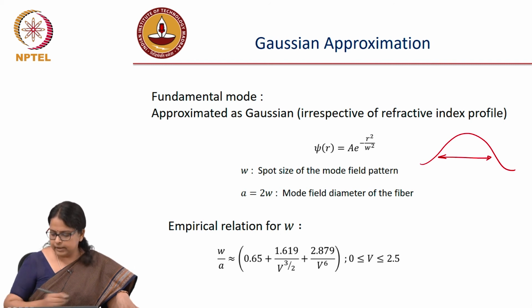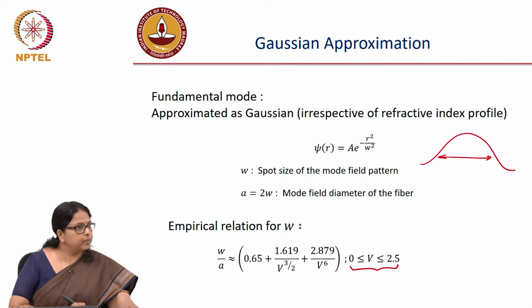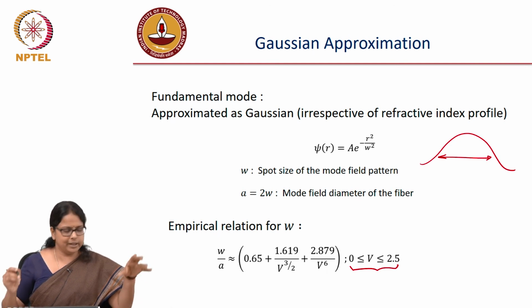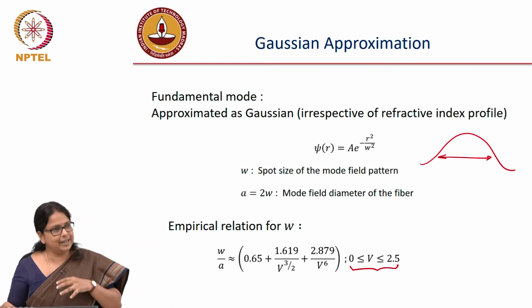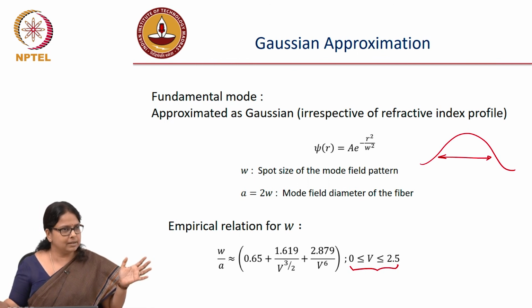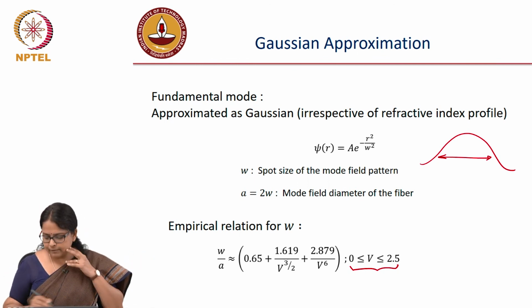It turns out that for V between 0 and 2.5, which can happen for different wavelengths, there is this empirical relation given originally by Marcuse, a person who had done a lot of experimental work with fiber optics. W by A is this relation. It's again an empirical relation, so don't ask me where these constants came from. You plotted W versus V and you found this fit. So, for a given V you can find out what is the